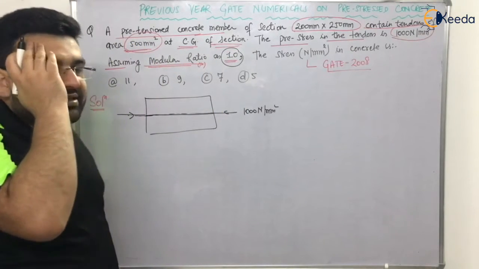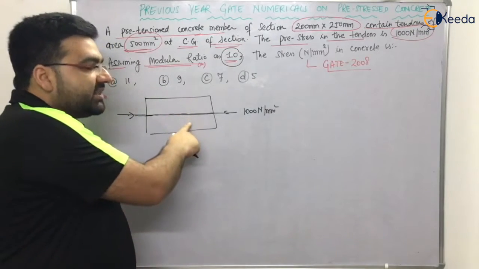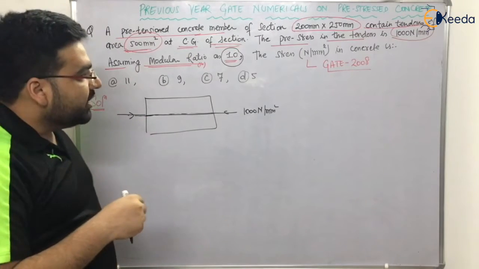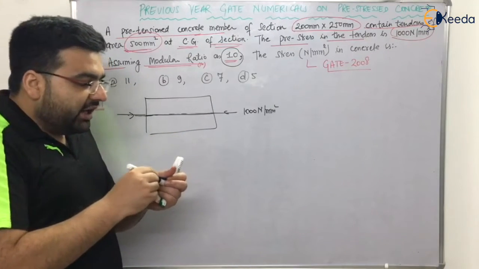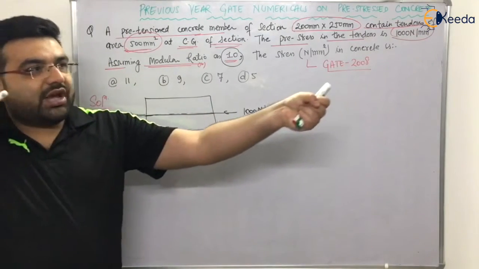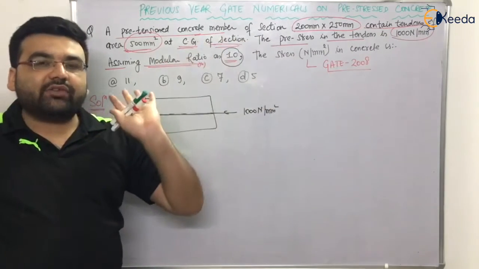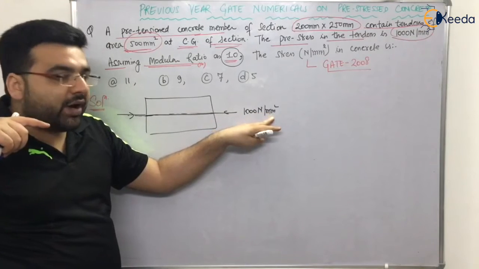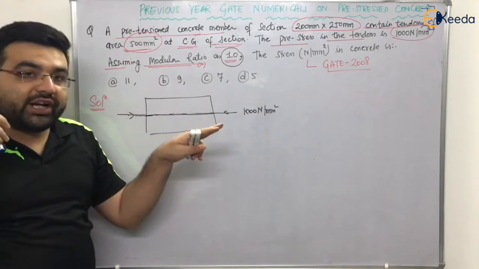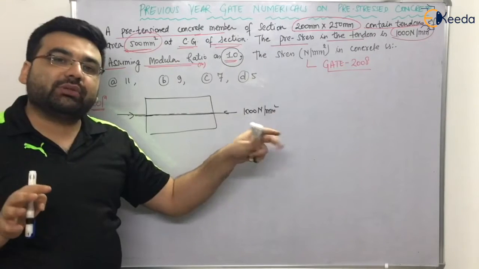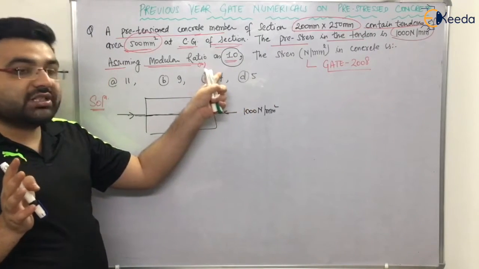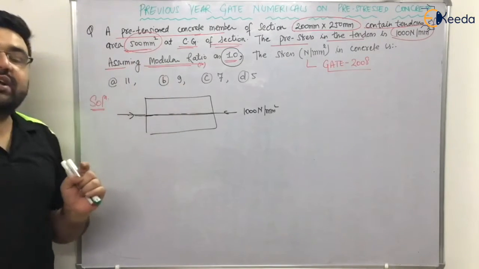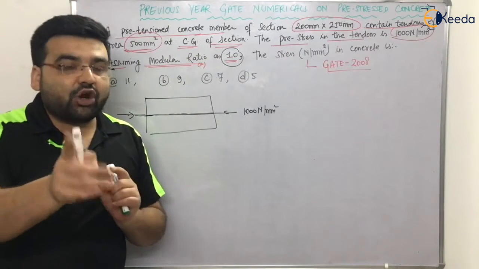My common sense says that if this is a tendon, it will be steel also, with Fy. So if there is steel, there is concrete. If I had stretched my tendons and now I have released them, the whole 1000 Newton per mm square will not be transferred to concrete. Other data like shrinkage and other effects is also not given, but modular ratio is given. It means that there will be some losses inside the tendon. This is my common sense.